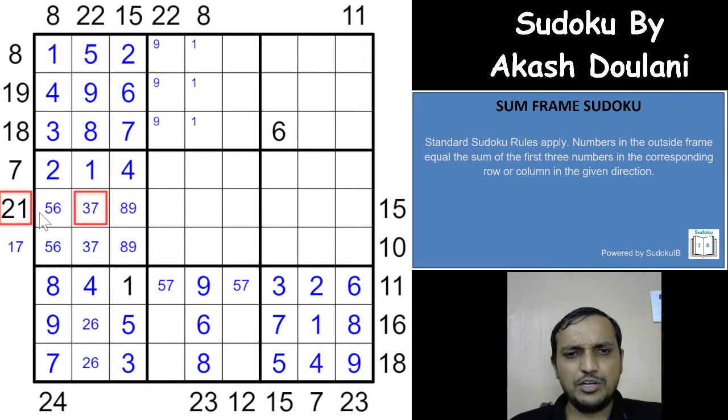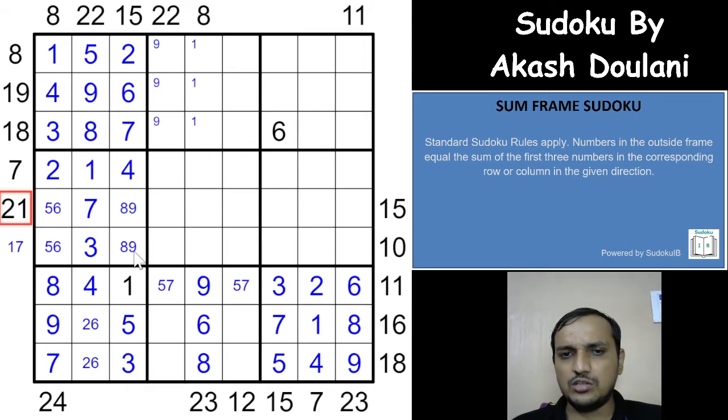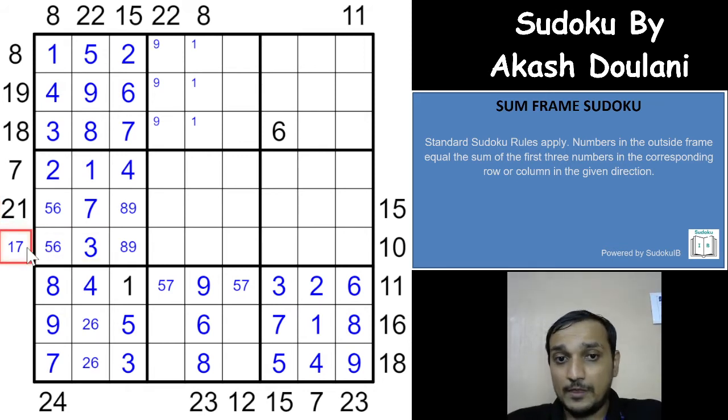Can you have 3 in 21? 3 in 21 is not possible because the remaining sum would be 18 with 2 cells, not possible. So this would have to be 7 and a 3 here. That 7 gives you a remaining of 14. The 3 also gives you a remaining of 14. So one thing is that whenever you have such